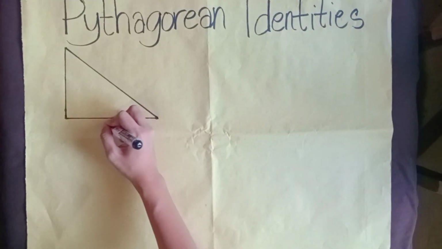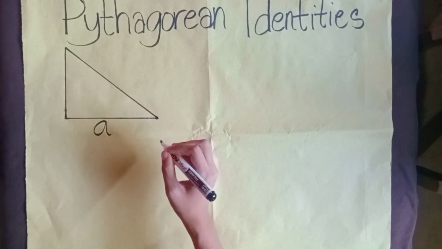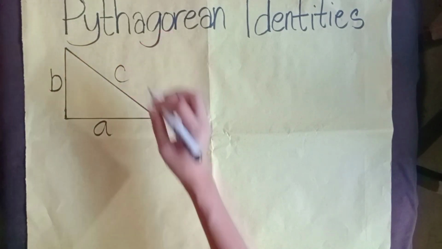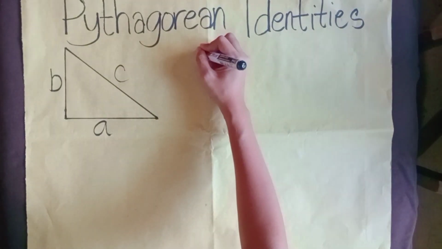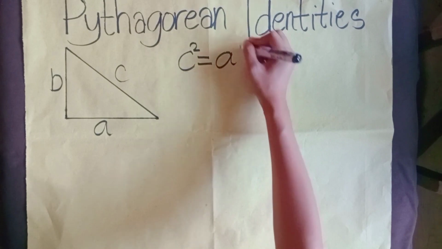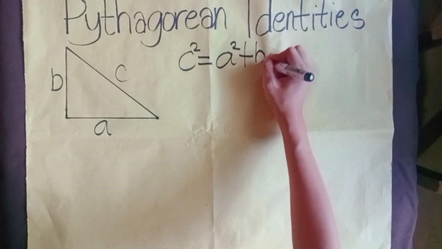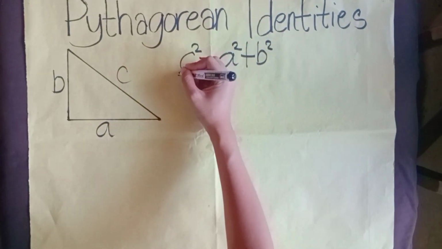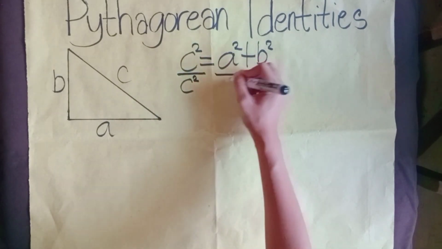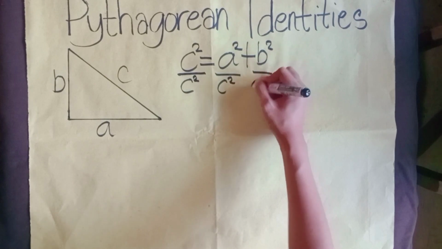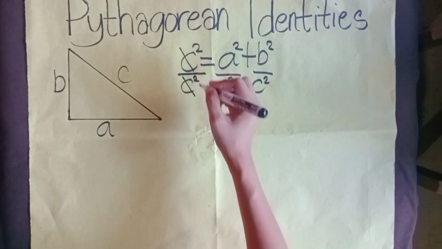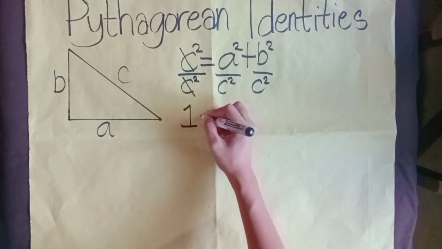Label this one as A, this one is B, and the longest side of the triangle is C. So in the Pythagorean theorem, we already know that C squared equals A squared plus B squared. Just divide both sides of the equation by C squared, and let's see what relation or identity we're going to get. So cancel this out, C squared over C squared, so that is 1 equals,